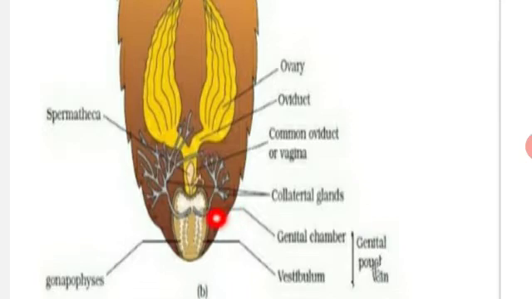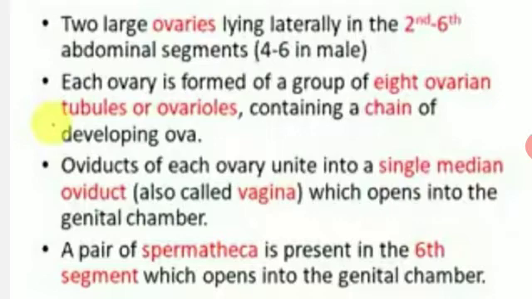Spermatheca. Theca means covering, so the sperm covering, or receptaculum seminis. The structure present in the 6th segment is useful to store the spermatophores. It opens by a median aperture and a small spermathecal papilla on the 9th sternum in the dorsal wall of the brood pouch. It consists of a leaf-like sac and a right filamentous caecum.